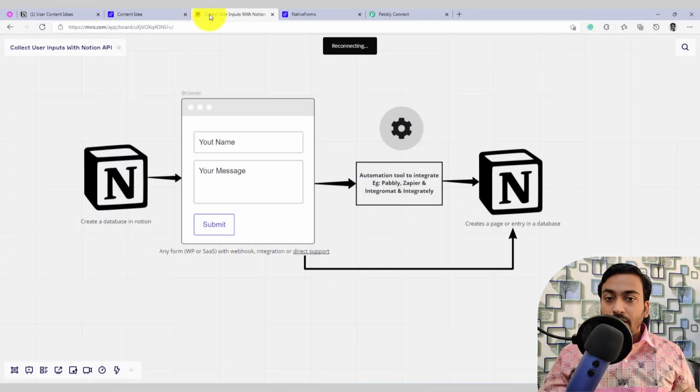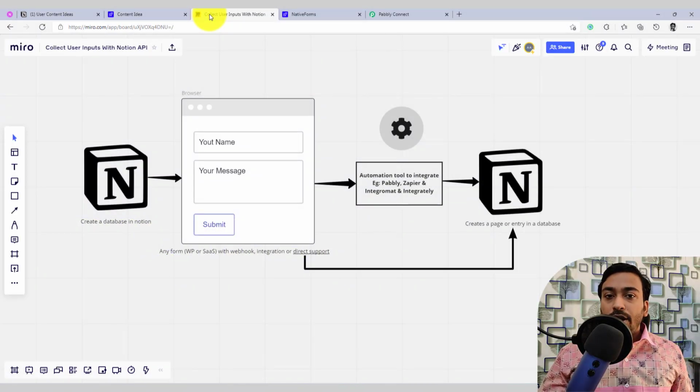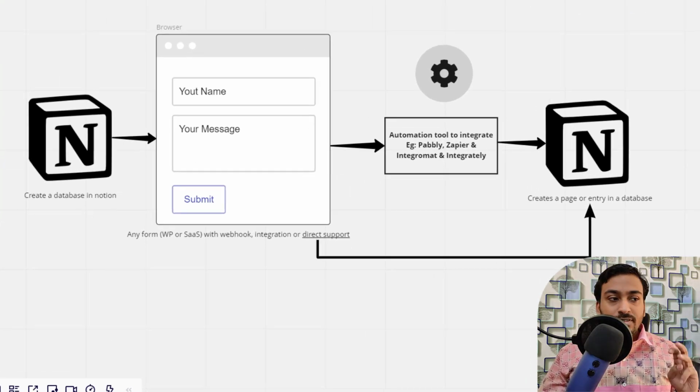Now let me explain a bit in depth what is happening behind this process, so you can get a better idea on what's happening and how you can set it up for your personal needs. First, there are several steps. The first step is to create a database which is brand new, or you can use any existing database where you want to fill the database. And after that, you need to have a form or a plugin or a SaaS or software, any of that nature, to collect the responses and send data in a webhook format.